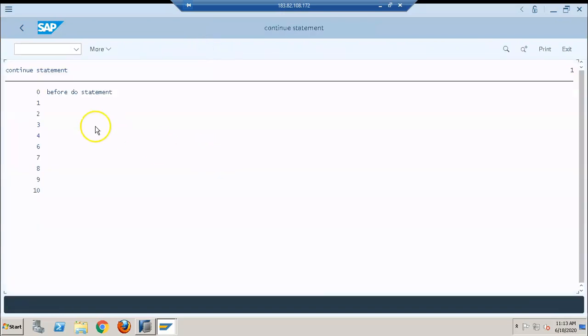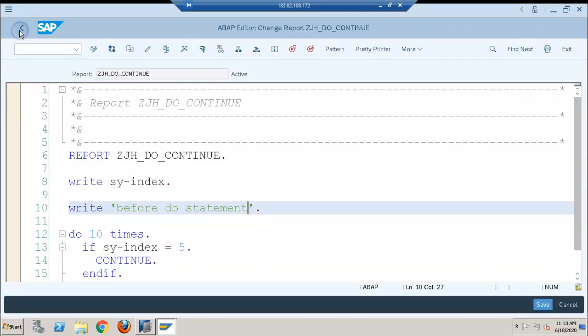So let me execute. Before the do statement, what was the value of sy index? 0. Only within the loop, the moment it enters into the loop, it will be 1. Inside the loop, it will be 1.